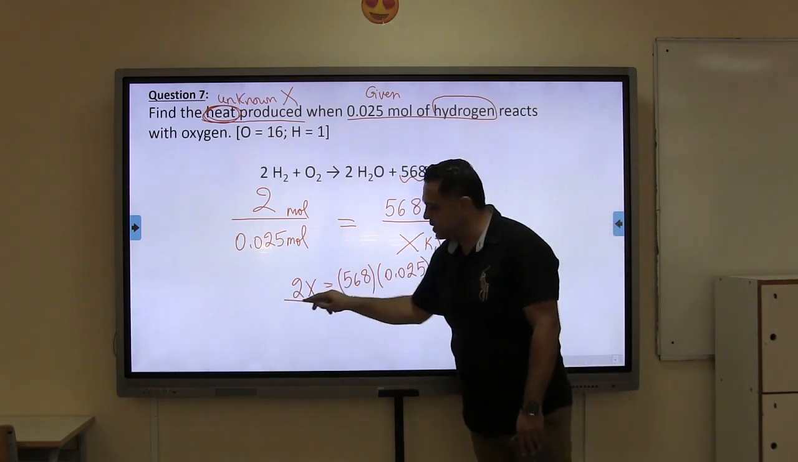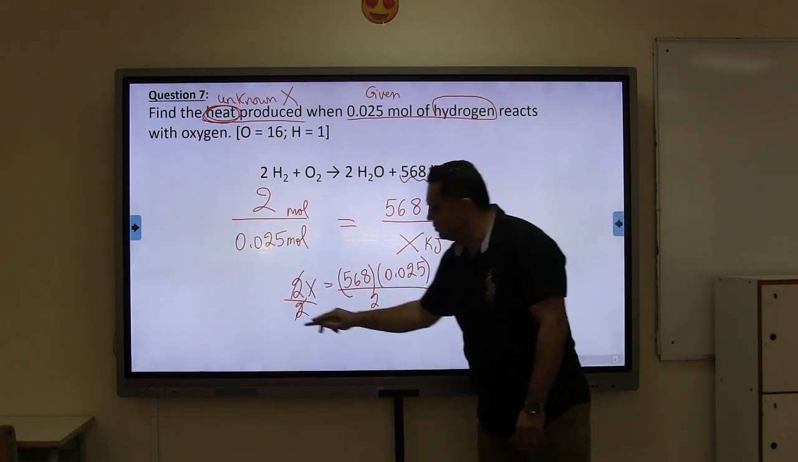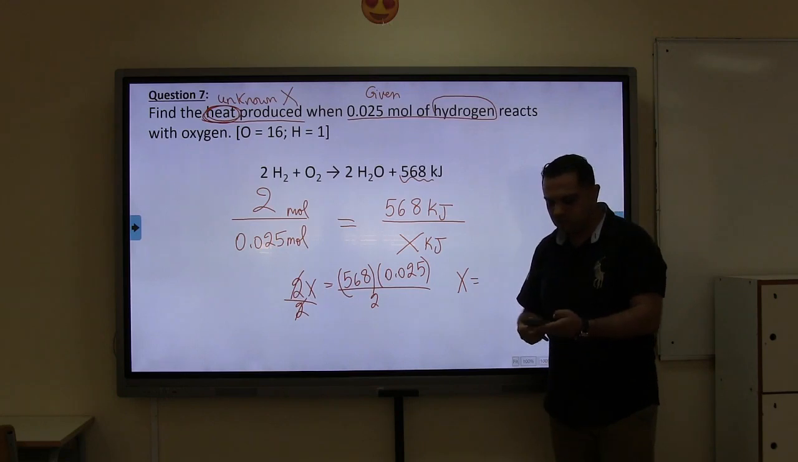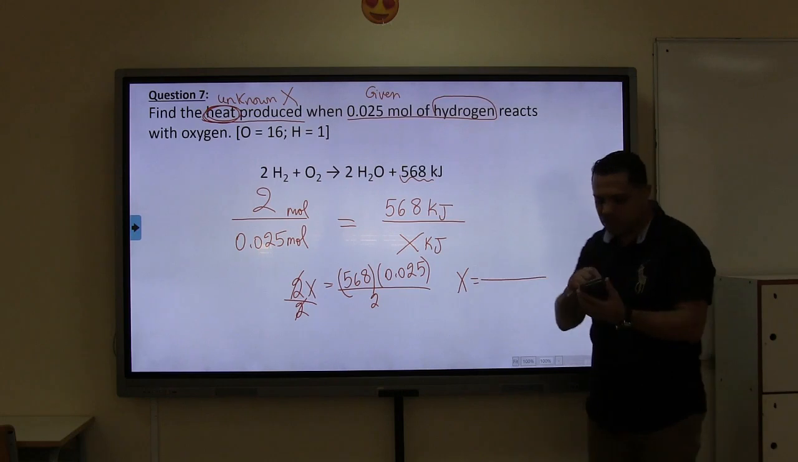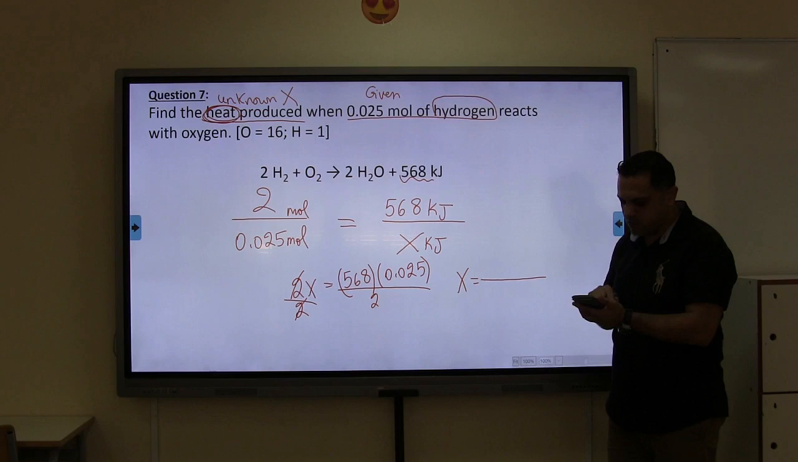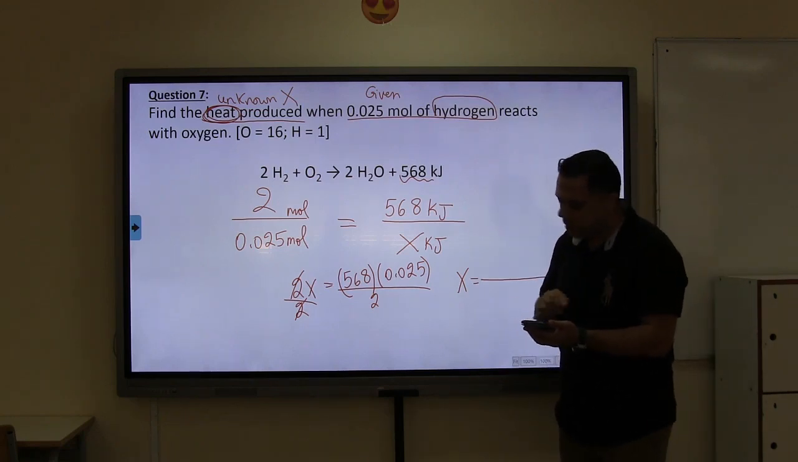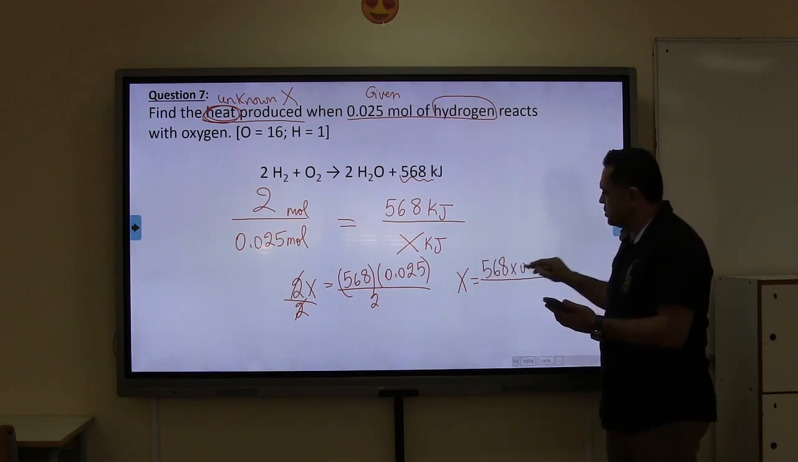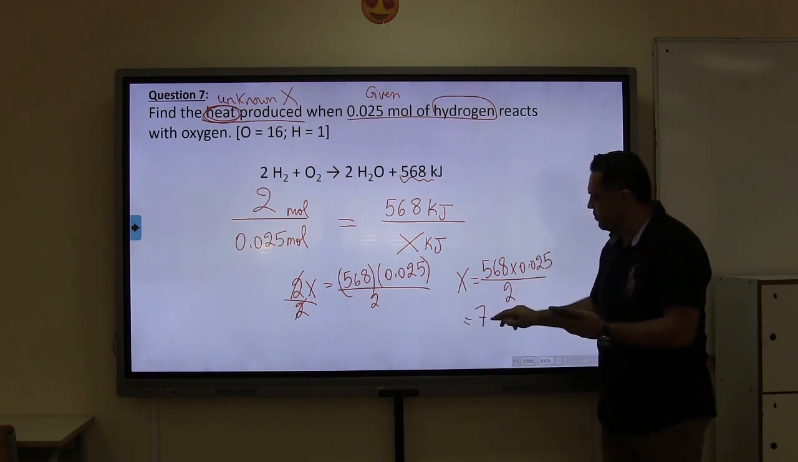If I want to find x, I divide by 2 here, I divide by 2 here. And again here, x is equal. I will use just one ratio in the calculator. So for x, I will just put the fraction, and I put all the numbers, 568 times 0.025, and then divided by 2, and I will get 7.1. So here 568 times 0.025, we divide by 2 already, and the answer is 7.1